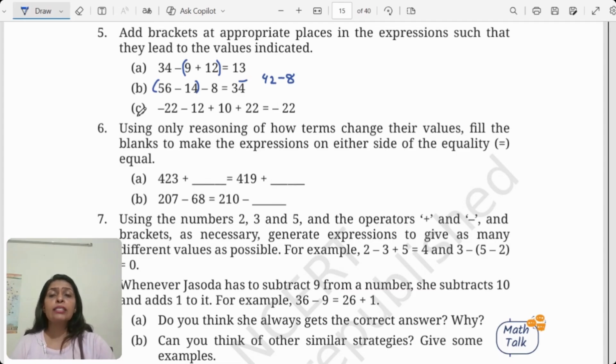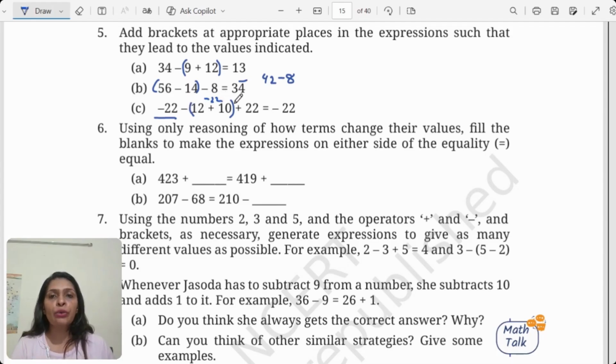Now coming to the C part, it is minus 22, minus 12, plus 10, and plus 22. So see here that I have to land up at minus 22. It means that I just want this answer. In this question, I just want this. What I actually want is for all these three numbers, every number, to disappear. But it cannot disappear just like that. We need to make it zero, right? So what I can do is bring this 12 and 10 into one group. How is it going to serve the purpose? Because 12 plus 10 is 22, but we have a negative sign, so it is basically minus 22.